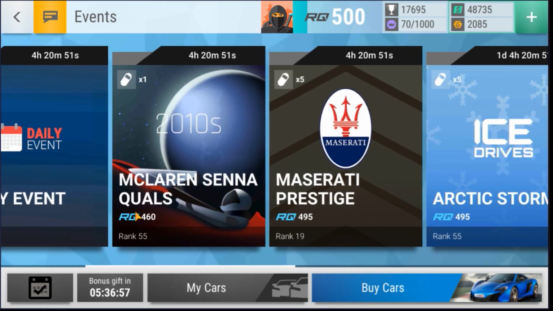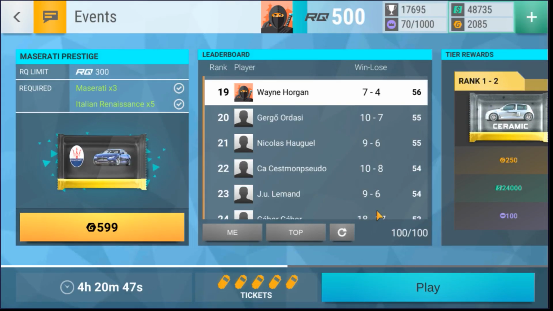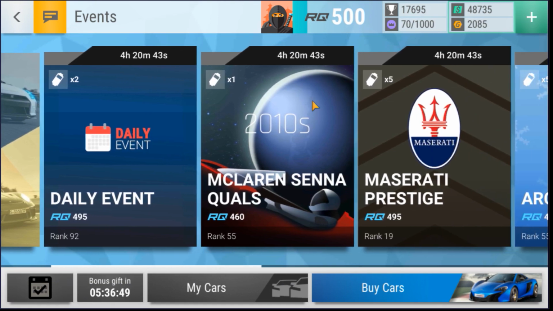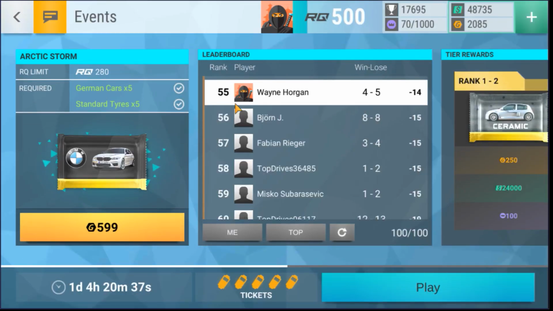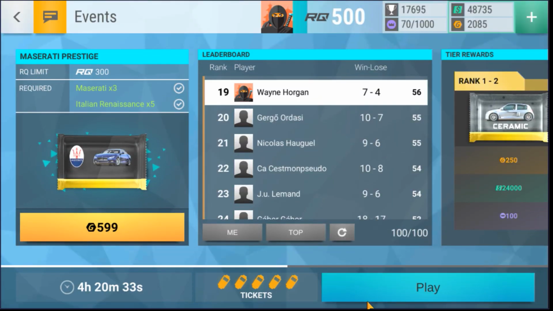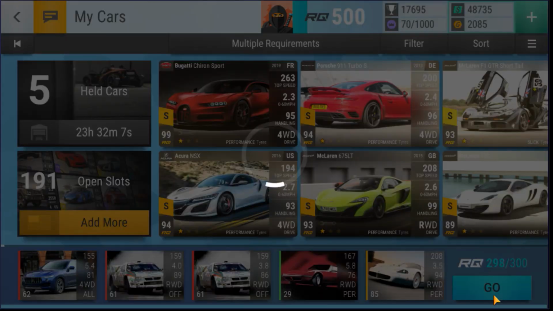We do have other events going. We've got the Maserati Prestige event, the Arctic Storm, and again, if you're working on other cars for things such as 2010's, this finals, any of these kind of special event finals, you will then eventually work on cars which can help you in other events. Now the Maserati one, I do have quite a few Italian cars done here. There is a very good chance